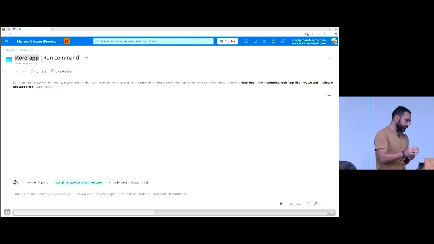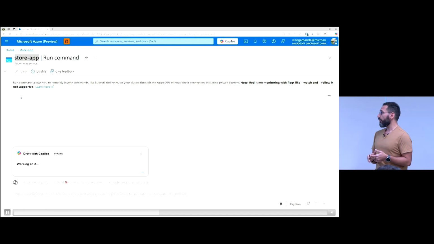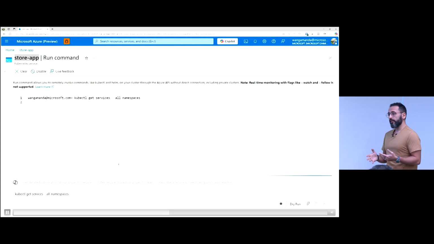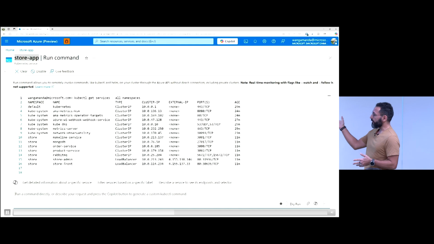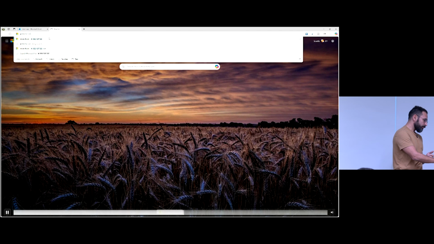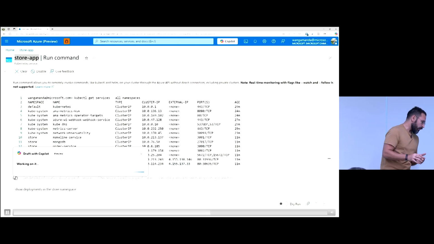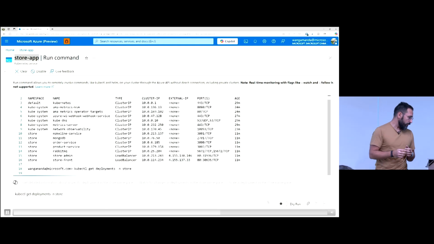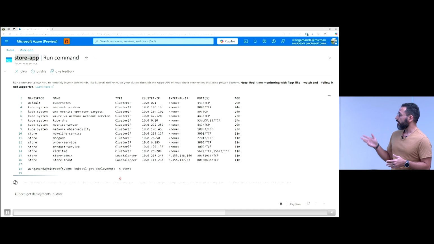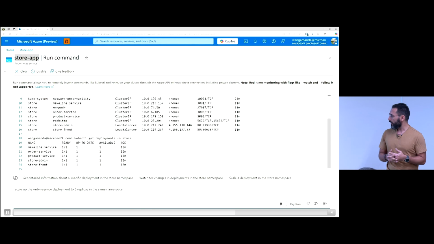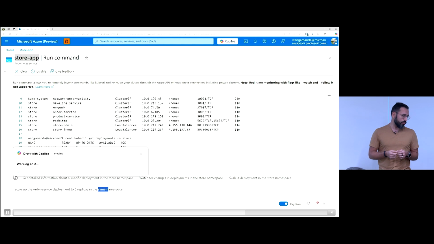commands for doing so. And the same thing is in the portal. So if you go to the Azure portal, you can use the Azure Copilot to generate commands for simple things like getting namespaces, but also more involved things like showing a deployment from a number of deployments from within a namespace. You can, for example, ask it to scale a deployment within a namespace. So for example, I'm asking it to